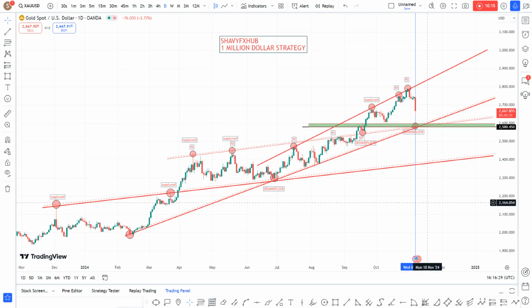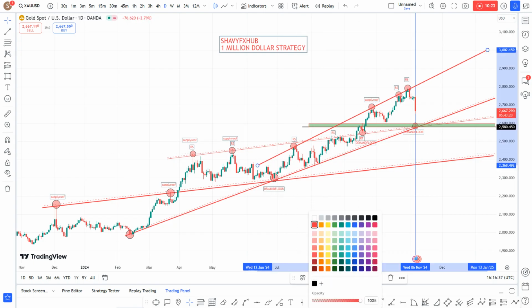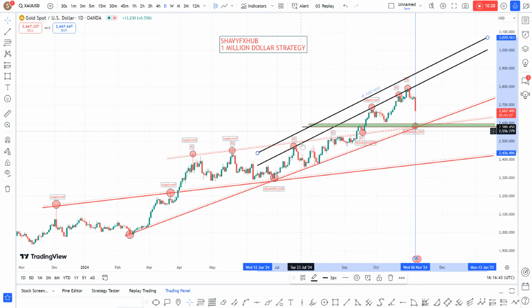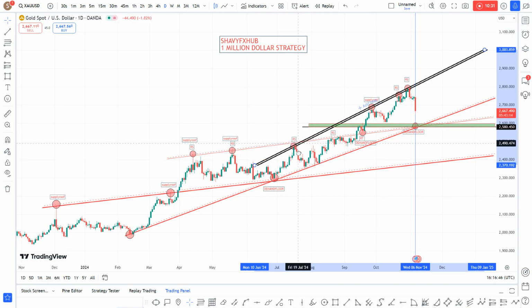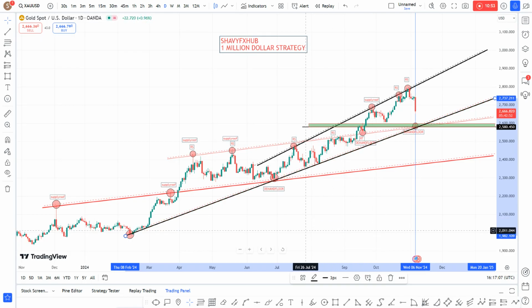So I see from the structure, you can see, let's look at the structure we have at the moment and see the fulfillment. We have a roof and we have a floor. This is our supply roof. Why do we call it our supply roof? Look at what price has done every time it touches the roof: we are embraced by a sell. And every time we are embraced on the floor, we are embraced by a buy. Let us abide by this pattern.